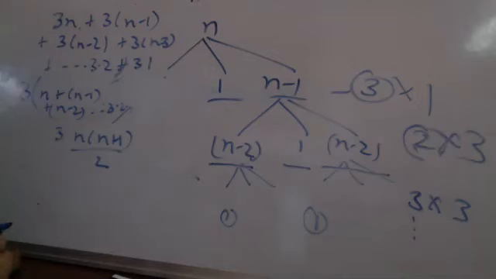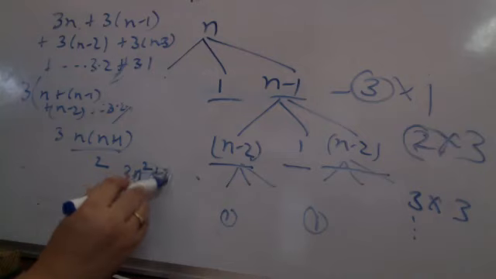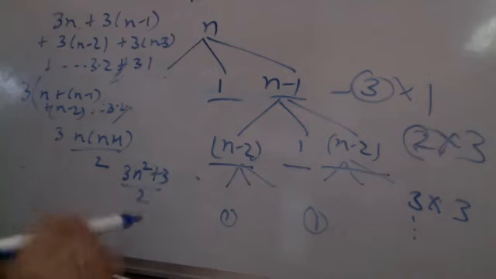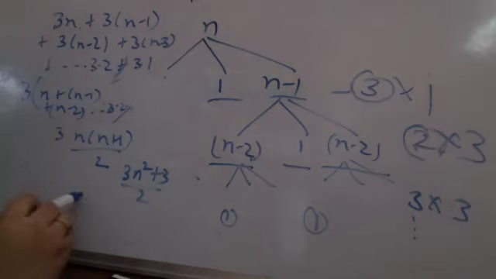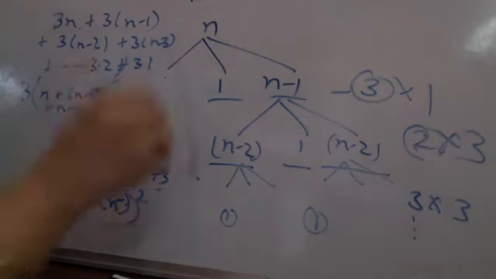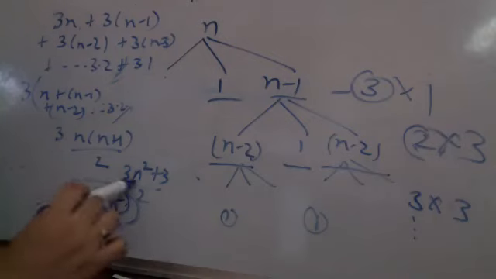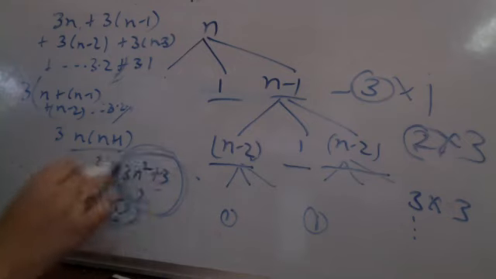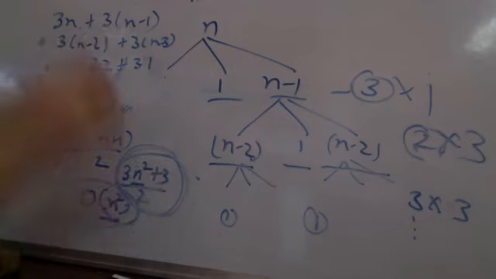Yes, ma'am. And this becomes nothing but 3n square plus 3n by 2. So if you are trying to see in terms of complexity, which you might or might not be able to know right now, this is coming out to the order of n square recursive calls. The complexity or the number of total recursive calls here will be of the order n square, or 3n square plus 3n by 2 exact recursive calls will happen for n number of rings in the Towers of Hanoi problem using recursion.